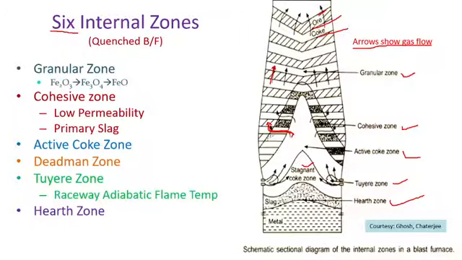Here the coke column either floats on the liquid iron, the liquid metal, it may be floating in the hearth region, or reaches as far as the hearth floor. It can go to the bottom of the hearth also. Sometimes it comes out with the metal and slag during the tapping. Okay. Then comes your tuyere zone.